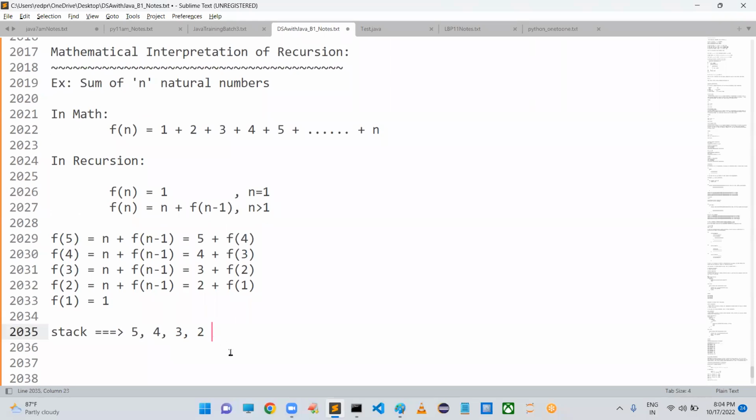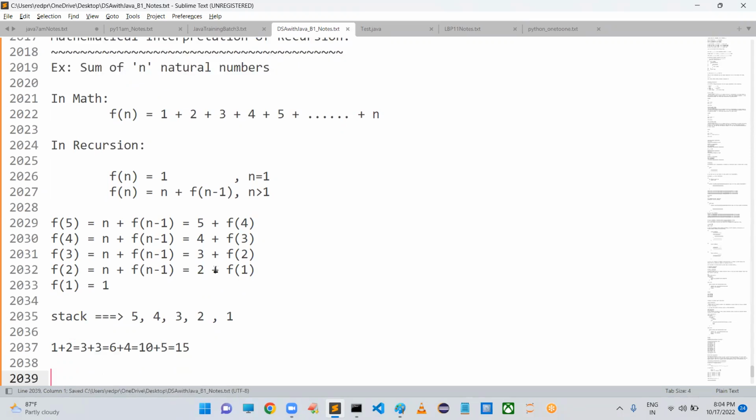Okay. Sir, what is the solution for the first problem? 1. Then take that solution, add it to 2. Whatever result you are getting, 3. 3 plus, take the next solution, 3. What will be the result? 6. So 6 plus the next solution. What did we get? 10. Take the next solution. What did we get? 15. 15 is the result. Like this, it is going to be calculated. So for this, we already have recurrence relations.